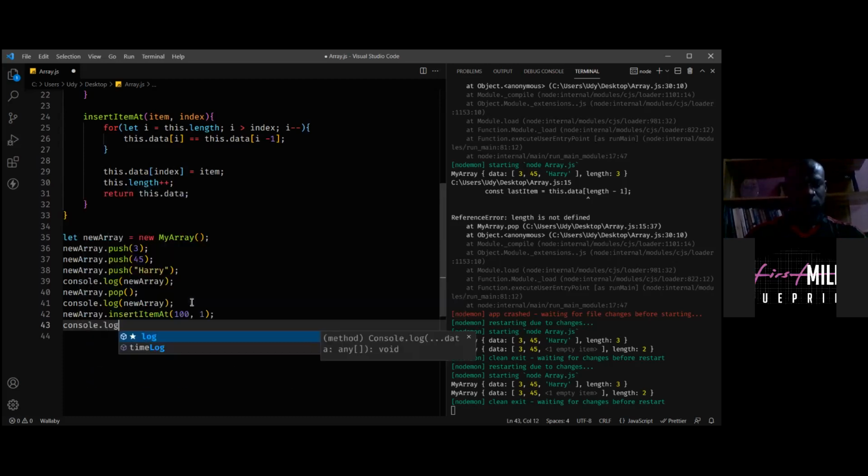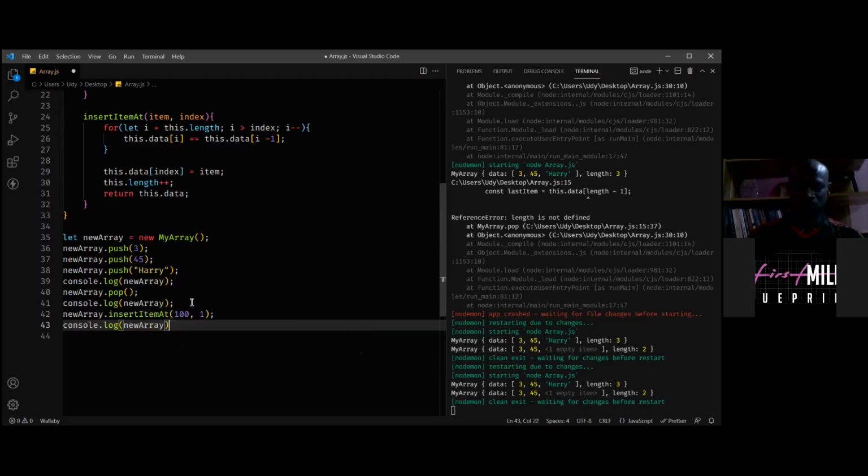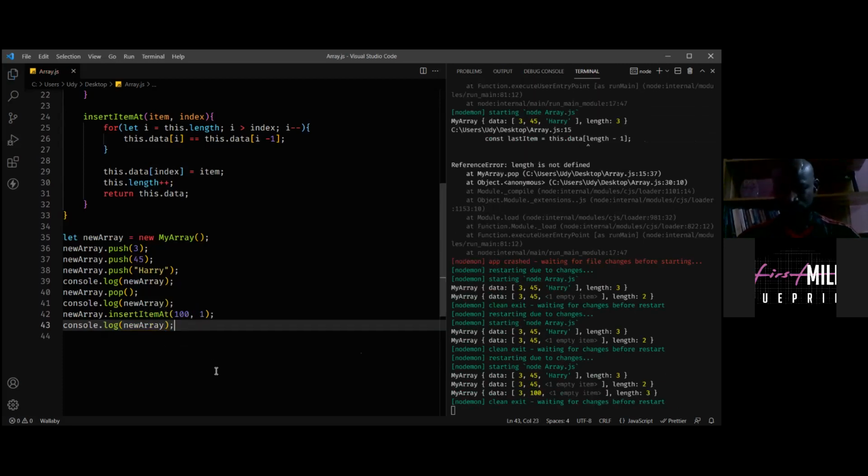Then let's output the array to check whether it's going to work. You can now see the output, and you can see that 100 has been inserted. But 45 looks like it's missing. Yeah, 45 is missing.